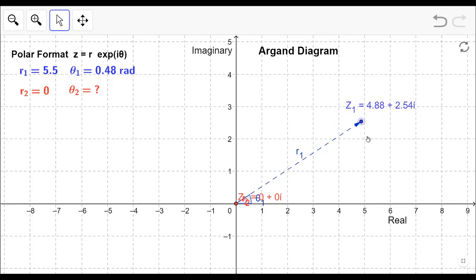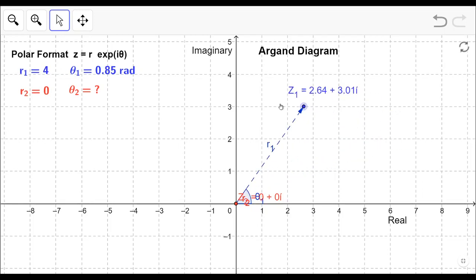But anyway, I hope you understand that. If you look carefully, you will see that there is an angle also with this line. This shows the modulus, r1 is the modulus here, and theta 1 shows the angle. This angle is shown in radians. We know that there are two representations, degrees and radians. If I keep on moving, you see the angle keeps on changing, and new values of r come. I hope you are able to understand this. This is called the Argand diagram, where you can represent it. That is what I actually wanted to make clear.